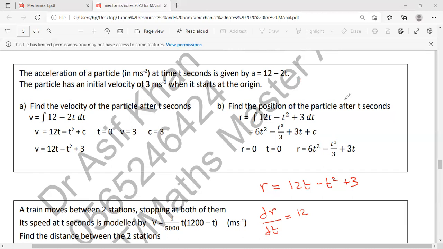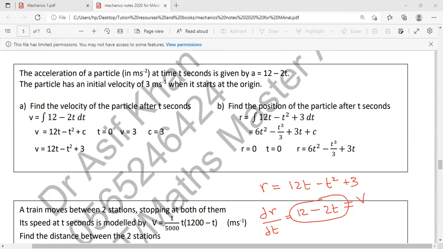और दूसरा माइनस t स्क्वायर। t स्क्वायर का डेरिवेटिव? 2t. 2t प्लस 3 का डेरिवेटिव? 0. तो only this function is there. तो ये आपने क्या निकाल लिया? dr by dt. यानी ये क्या आपके पास पता चल गई? वेलोसिटी आ गई। ये वेलोसिटी फंक्शन आ गया।